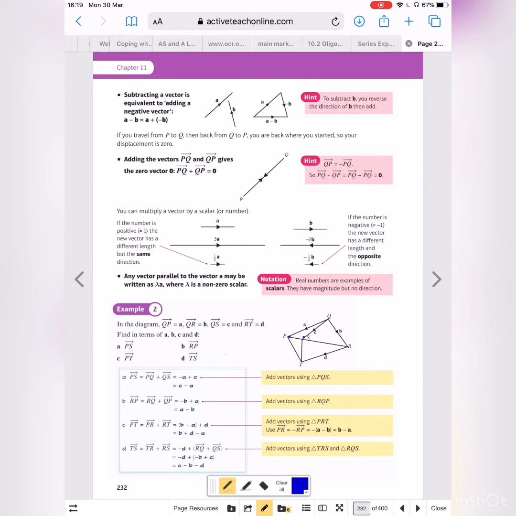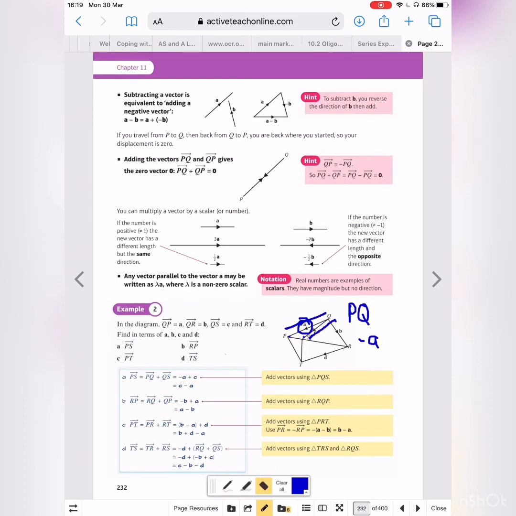You can choose any route you'd like. For me personally, I think the easiest is going to be to go from P to Q, and then we'll go from Q to S. So if we had P to Q, well, that we know is the reverse of this. So it's minus A,